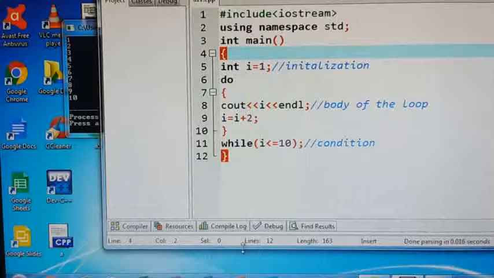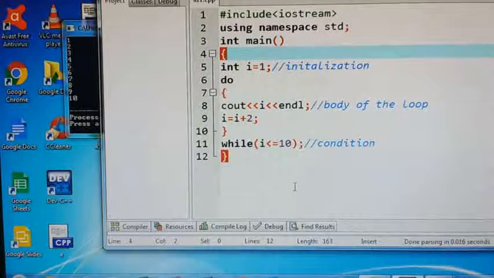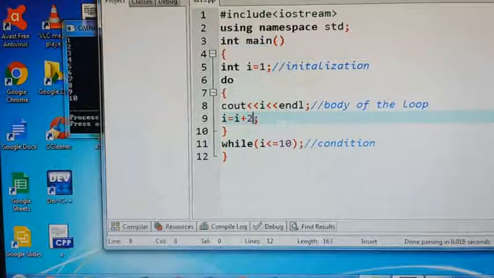This is a simple program I have written to print numbers from 1 to 10. Here you can give a condition, like if I value is greater than 5, you want to break.